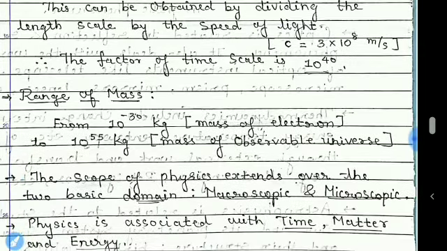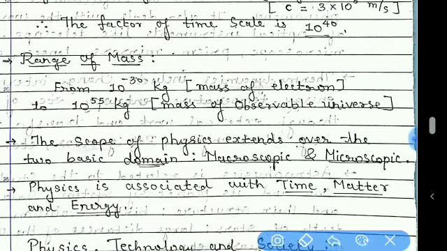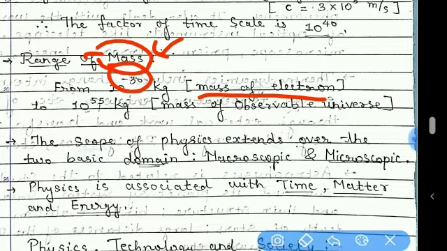Similarly, one other important physical quantity is mass. First was the length, second was time, and this third is mass. Even the mass is predicted or measured. The smallest mass is of the order of 10 raised to minus 30 kg. We know that the smallest particle is the electron,